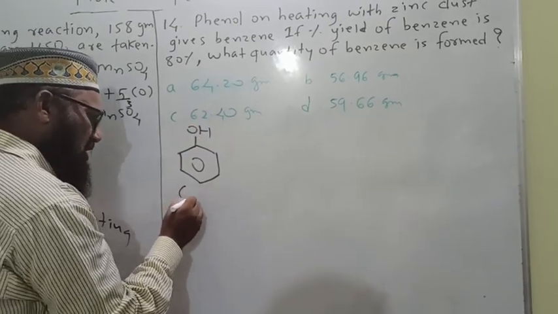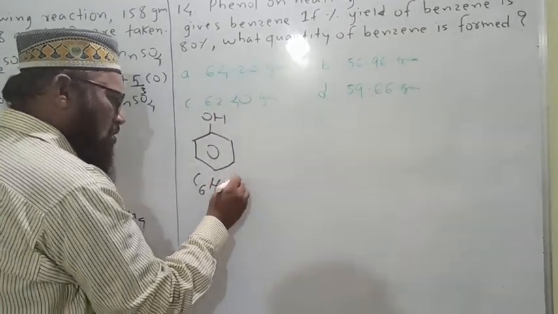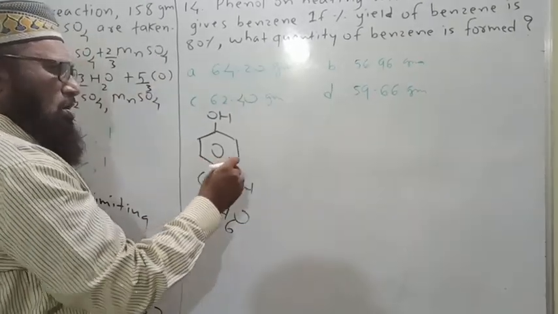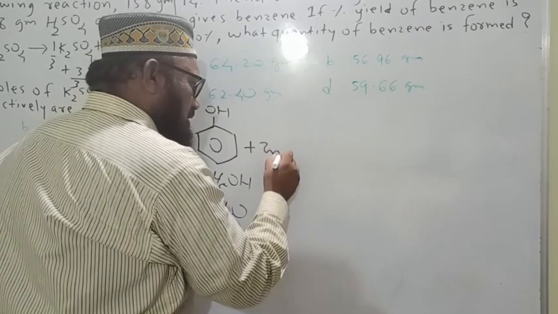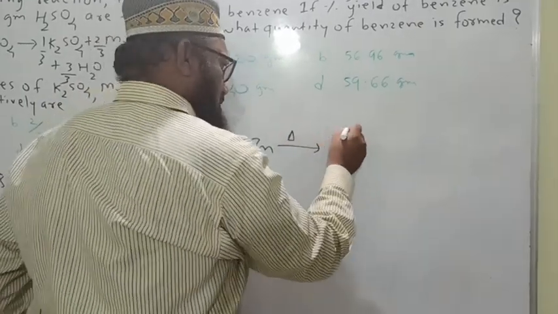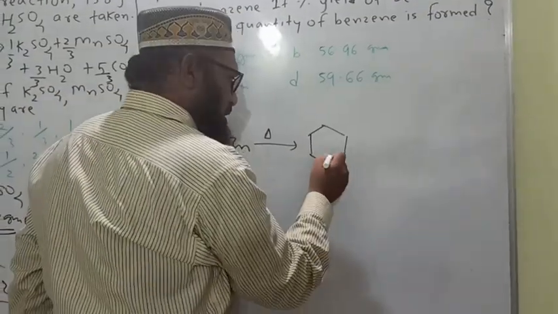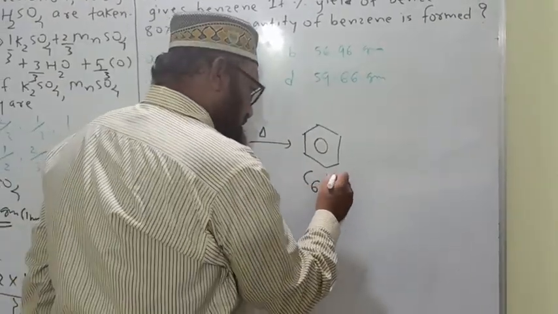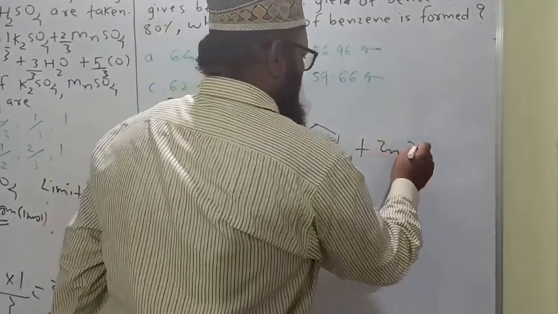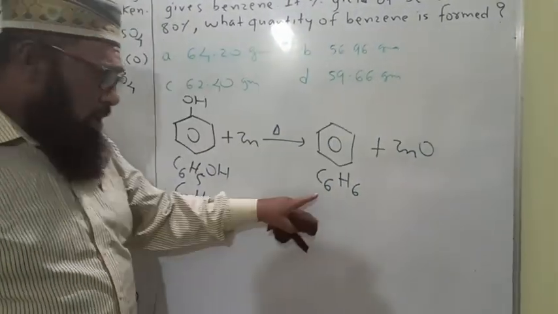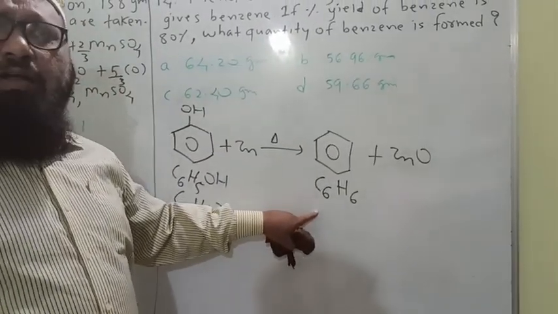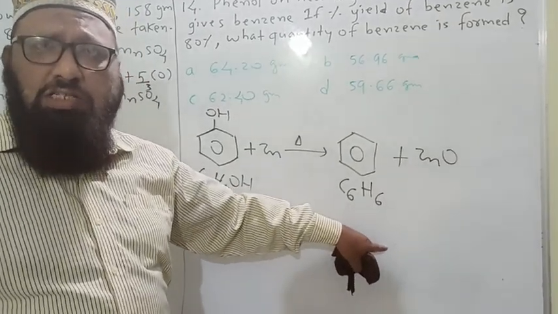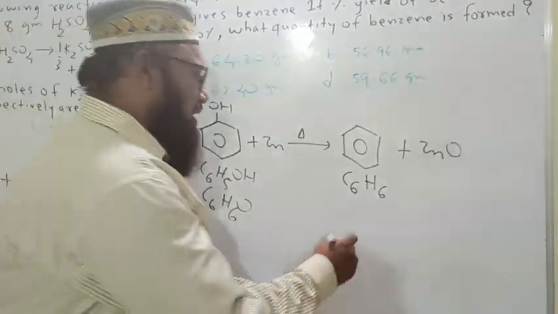Phenol, formula C6H5OH, or we can write C6H6O. Reaction with zinc dust, on heating, we get benzene as the product. We know that the molecular formula of benzene is C6H6, plus zinc oxide. We know that 1 carbon 12, 6 carbon 72, 1 hydrogen 1, 6 hydrogen 6, 72 plus 6, 78 gram